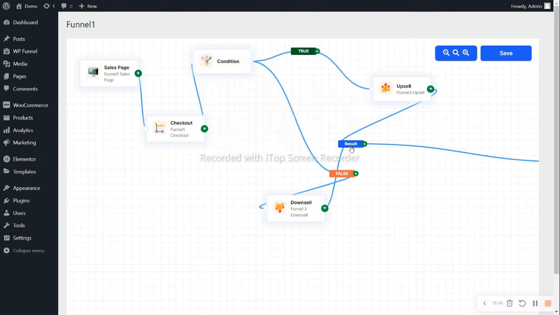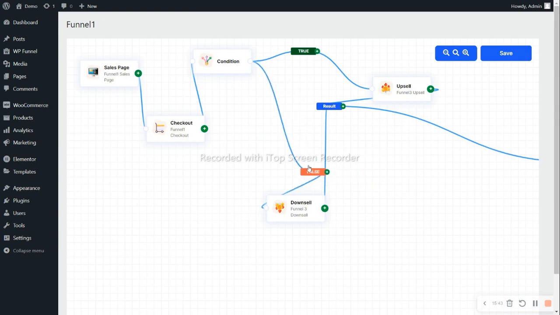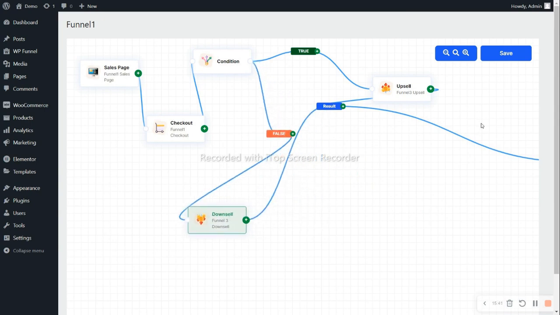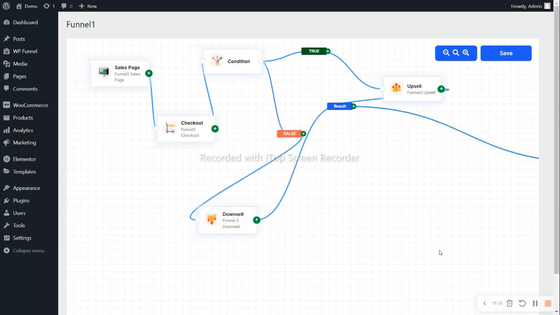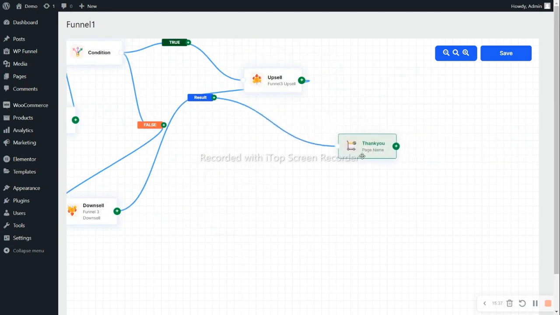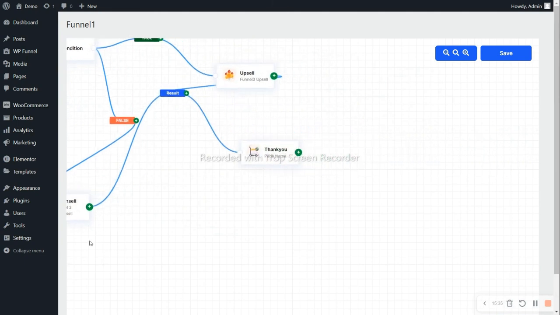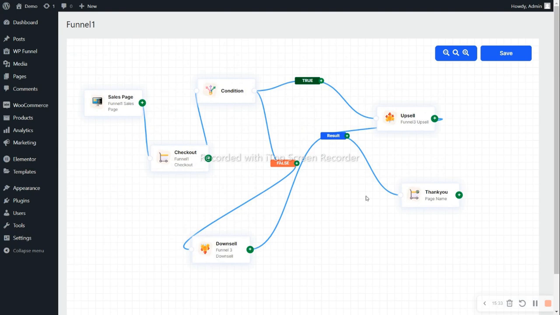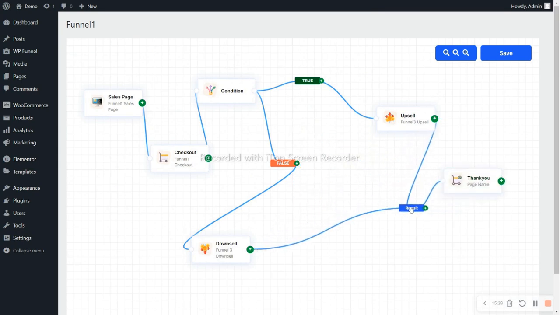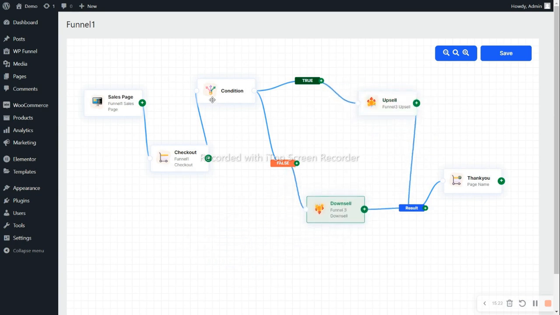We can drag and drop this, so you can design it to view the flow chart properly.